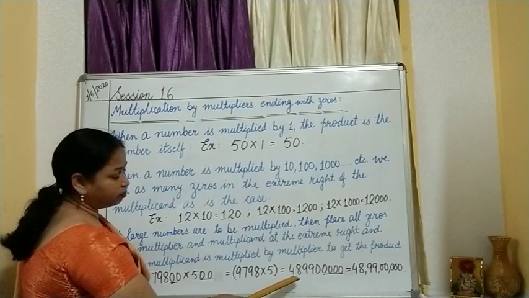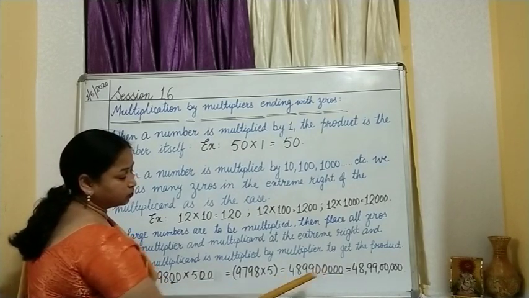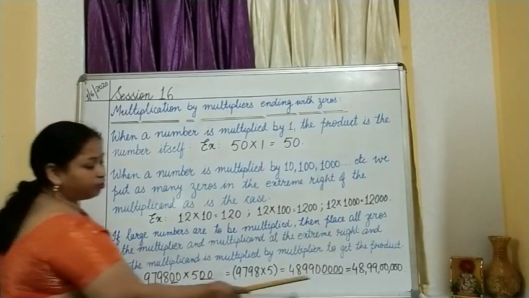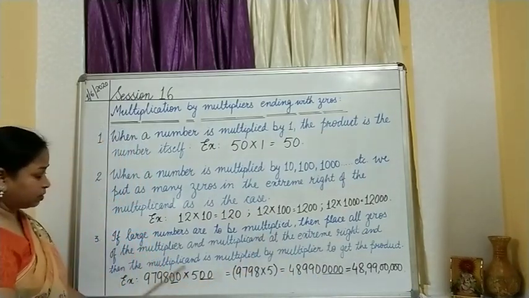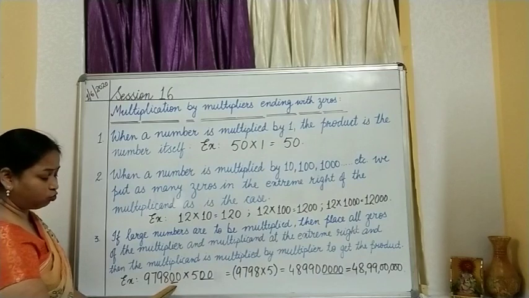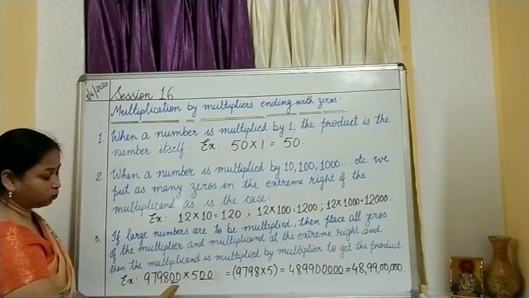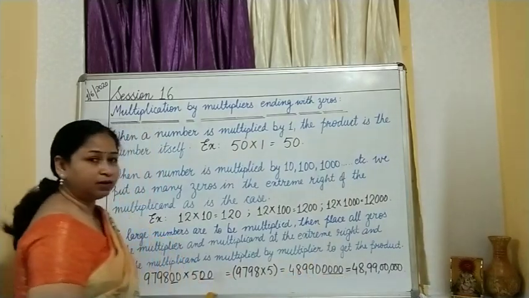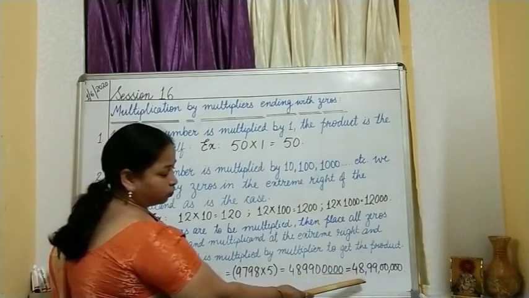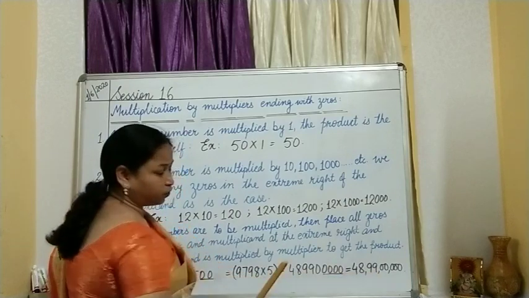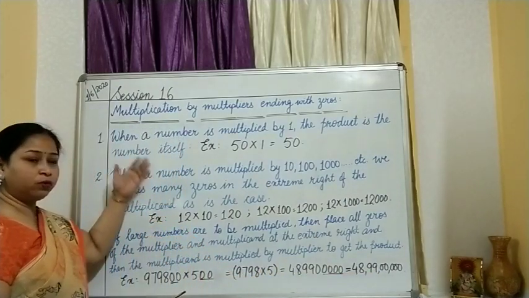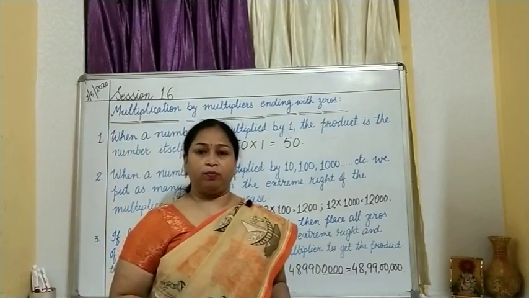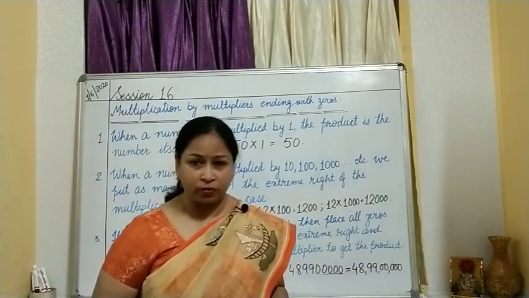So you will be getting 48990. Can you see here 4 zeros are there which I have already underlined? From where have we got these 4 zeros? These 4 zeros are these ones. So 2 from the multiplicand, 2 from the multiplier. So you are provided with 4 zeros. Simply place these 4 zeros and the answer will be 48 crore 99 lakh. Okay. So how to use all these things in your exercise, I will be explaining to you right now. Okay.